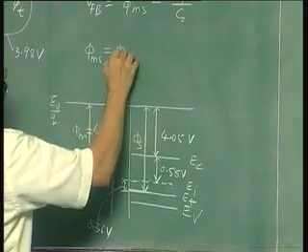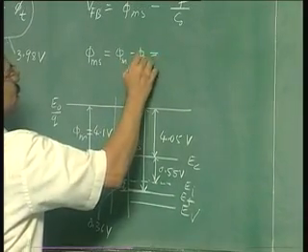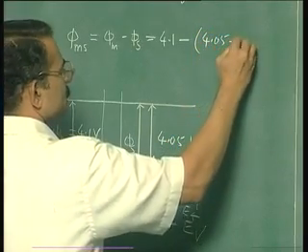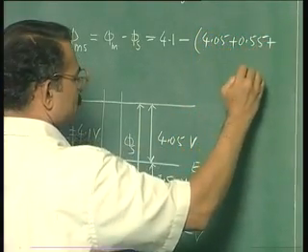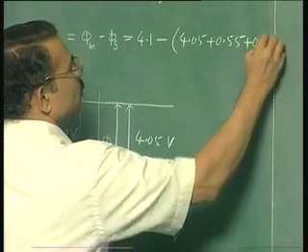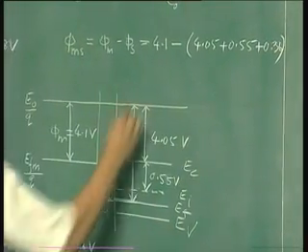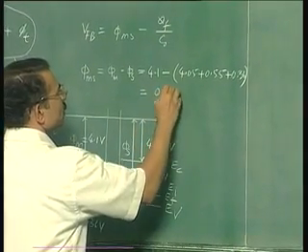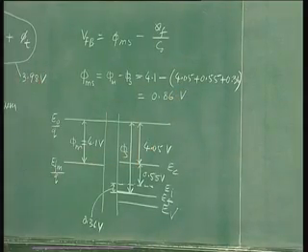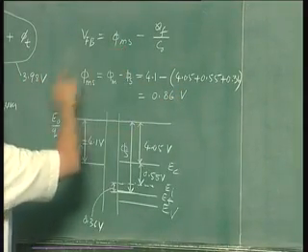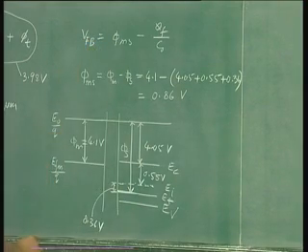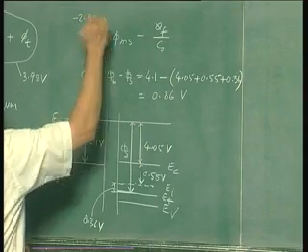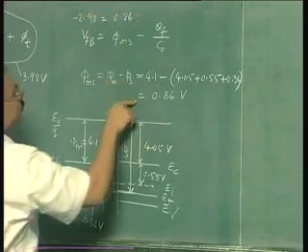So phi ms is equal to phi m minus phi s, that is 4.1 minus 4.05 plus 0.55 plus 0.36. Now this value turns out to be 0.86 volts. So phi ms, this quantity, is 0.86 volts. Flat band voltage we want to explain is minus 2.98 volts. So obviously